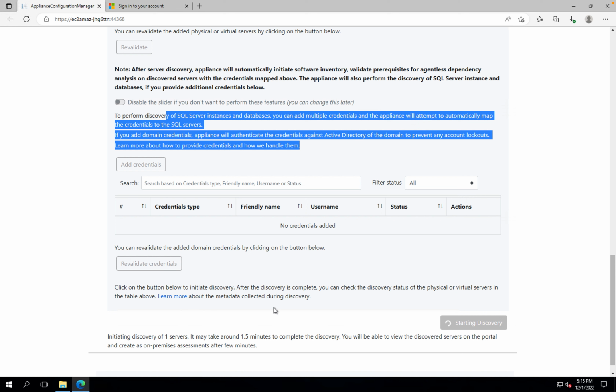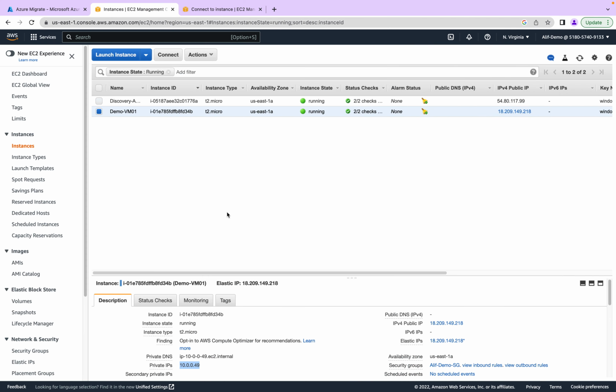All right, it's still taking more time than what we expected. Usually it takes not more than 2 minutes to do the discovery. Most probably it may be because we are running a very low configuration of the VMs on our AWS side for this POC. So that's maybe the reason it's still taking time, right? So meanwhile, since discovery is going on, let's go ahead into the portal and see what's